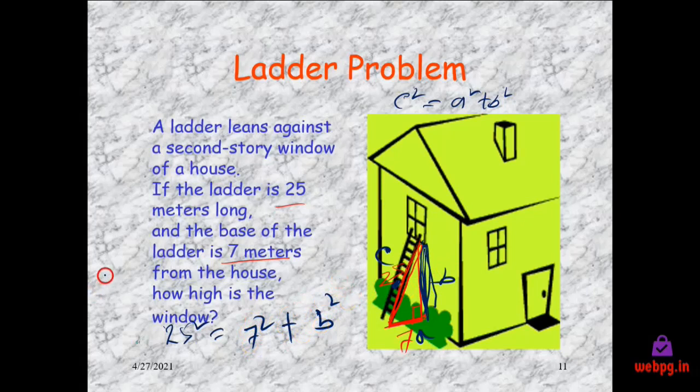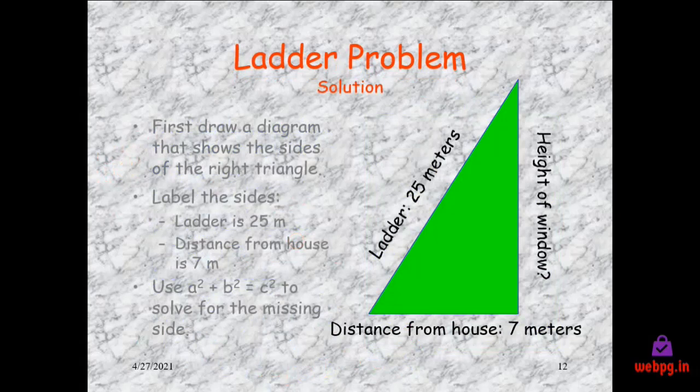Now 25 square is equal to 625. 625 minus 7 square, which is 49, and if you change the side, there's a minus sign with b square. So if you subtract 49, how much will remain? Let me show you in this picture. We take this as the ladder height, and here is where the window starts. Now we have to find this distance, from this place to this place.